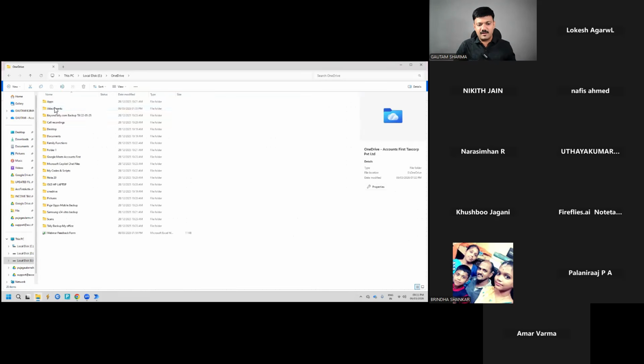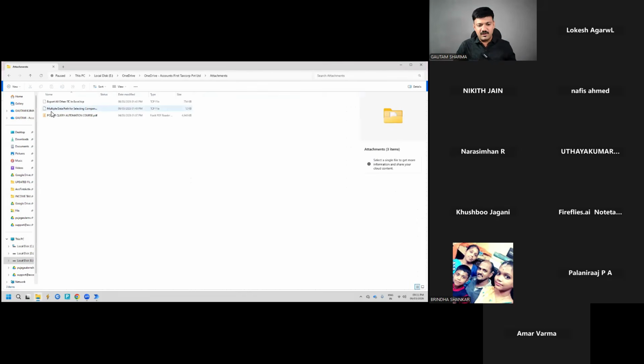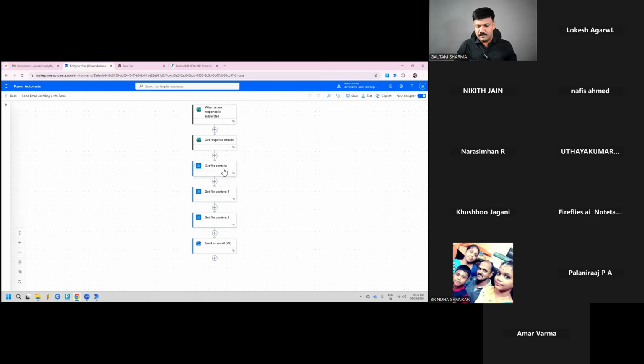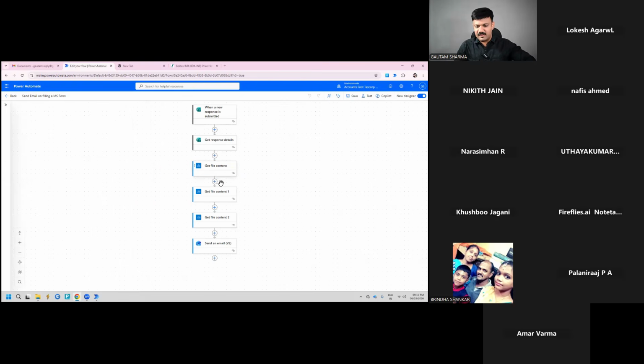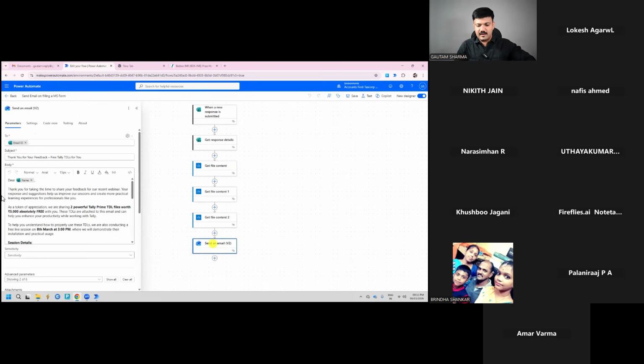So in my local computer, in the attachment folder, I have these 3 files, and you can see I have given the link of those files here one by one. As there were 3 files, I have used this action 3 times, and then in the last I have selected this